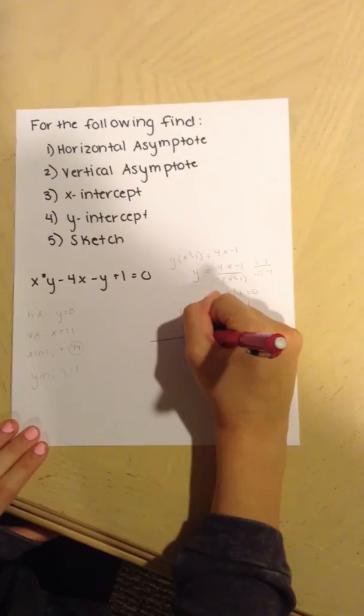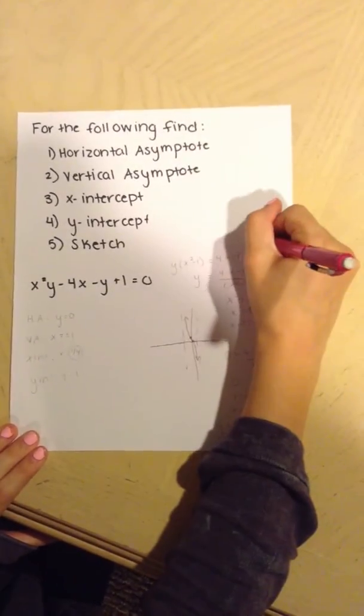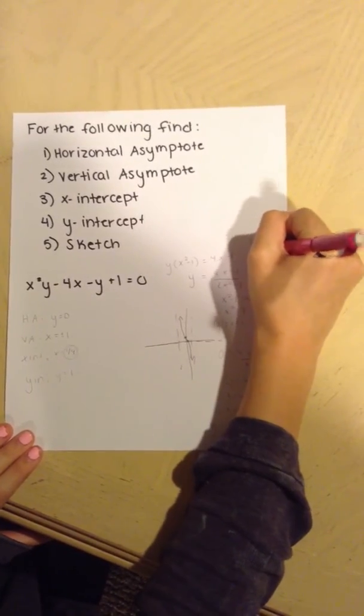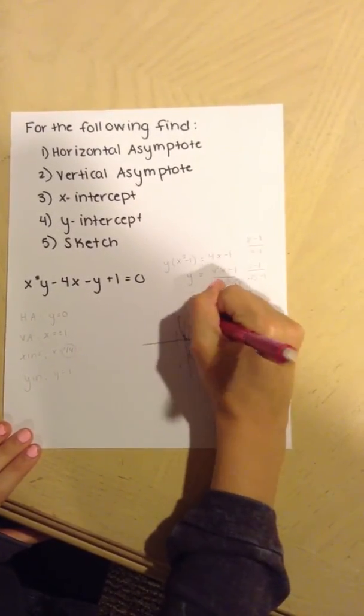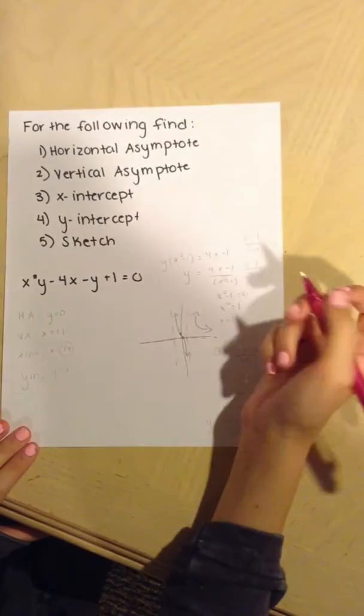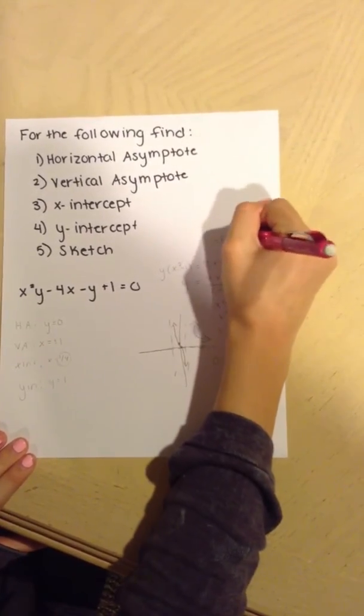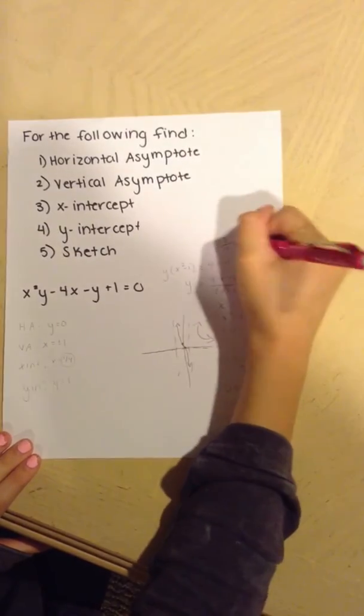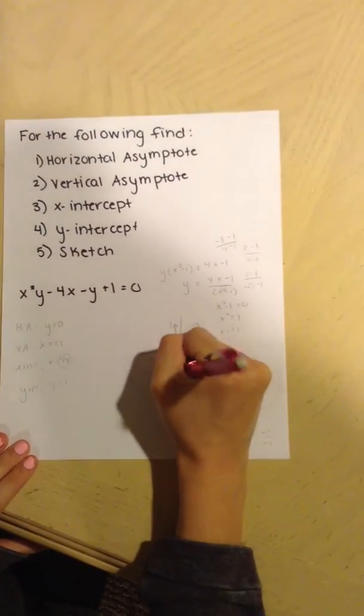Now you're going to test a point like 2. You're going to get 8 minus 1 over 4 minus 1, which is going to be positive. It's going to be here. And then negative 2, which is going to be the opposite. Negative 8 minus 1 over negative 2 squared, which is 4 minus 1. You're going to get negative. Your graph will